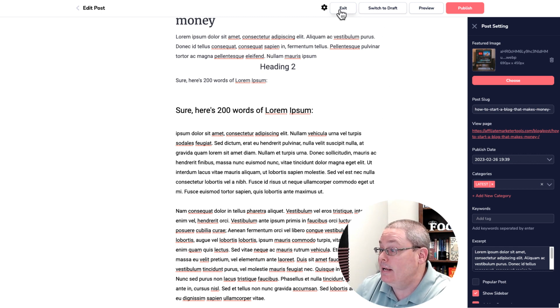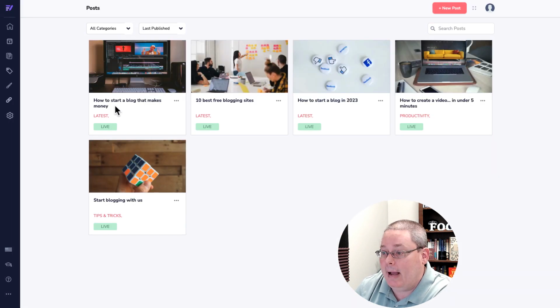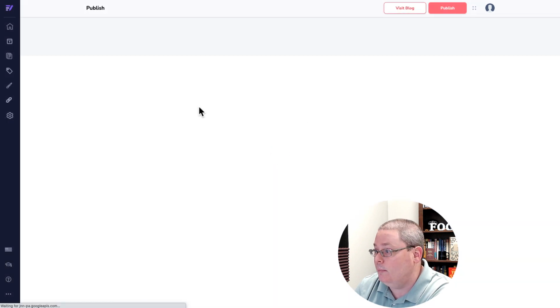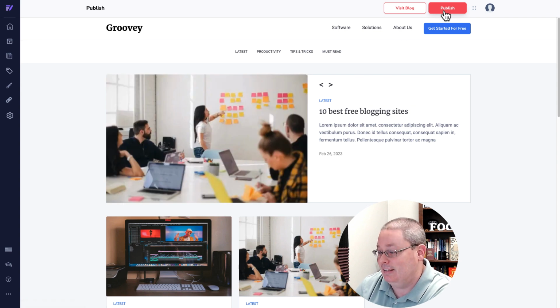Then you have the ability here to exit, and then when you exit, you can save. And then when you go back, those changes won't be live until you actually go under this, or actually, there used to be a publish button up here, or actually if I go under home, let me go back under blog here and not open blog. If you go under open blog, or in this case, you can see this has changed. So there is a little bit of an inconsistency there.